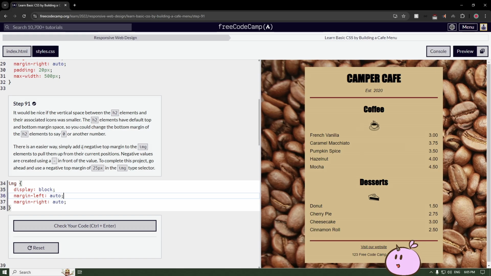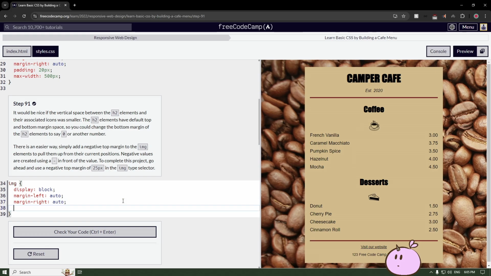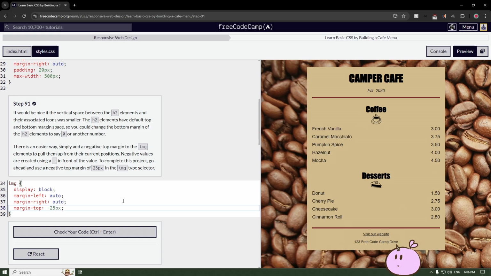Okay, there's an easier way. Simply add a negative top margin. Okay, so we're trying to reduce the space, so we're adding a negative margin top, I guess. Margin top minus 25px. Yep,